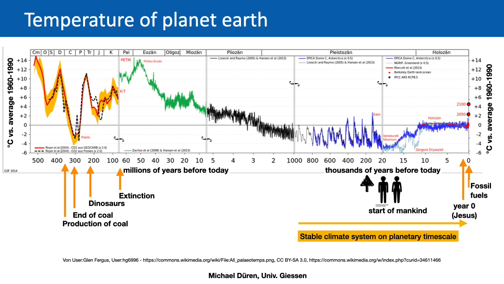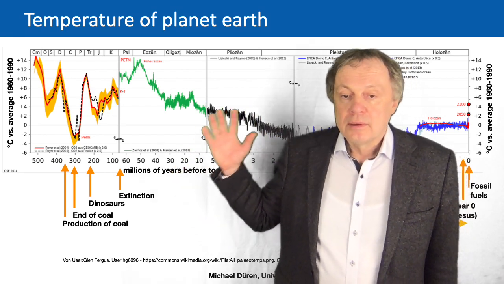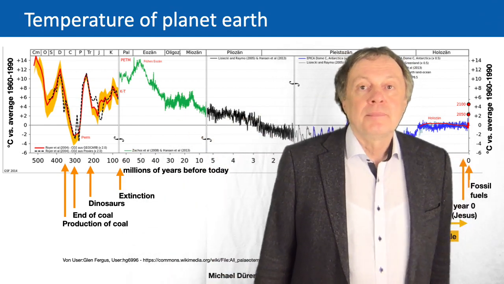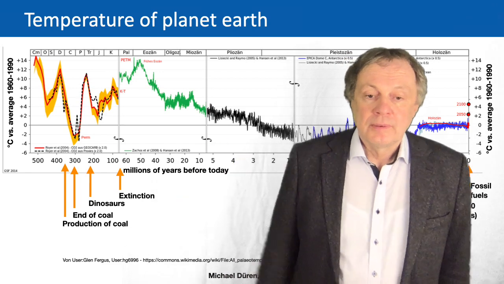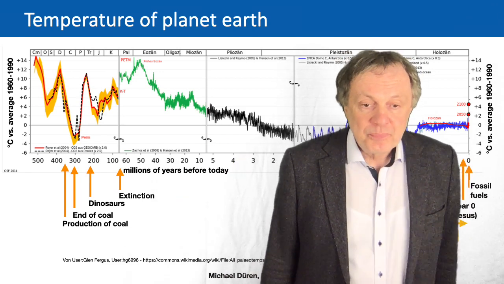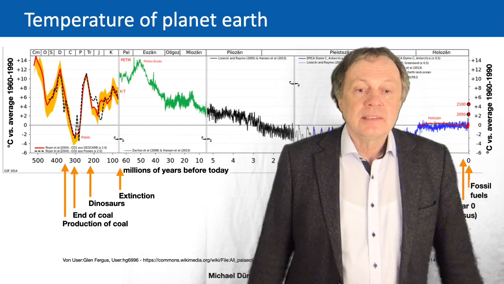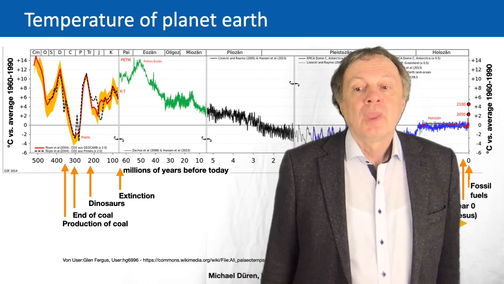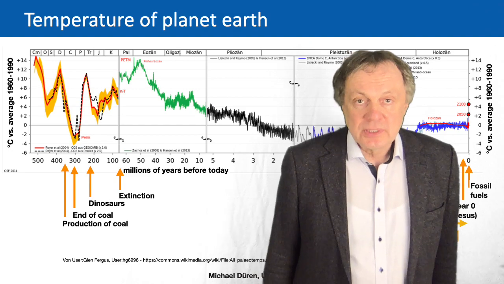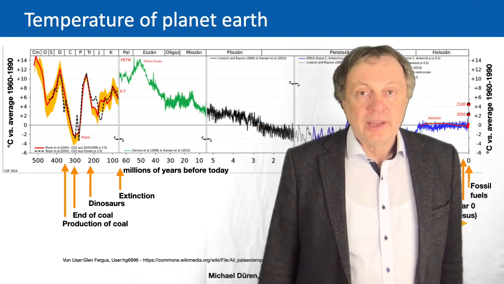It goes from the first million years to the second, the third, and then up to 500 million years before today. And plotted is the temperature in a scale which is 0 at the average between 1960 and 1990. And this temperature difference then shows us how the temperature average was compared to today, basically.